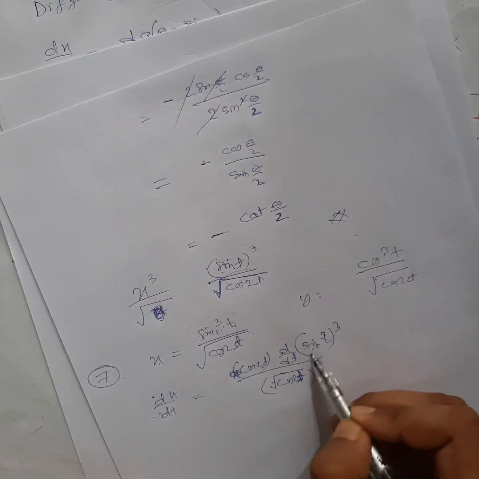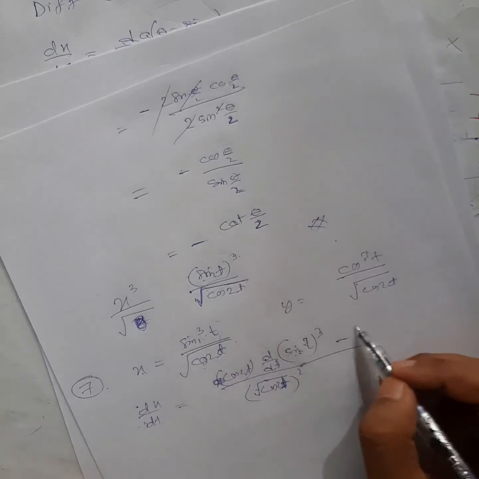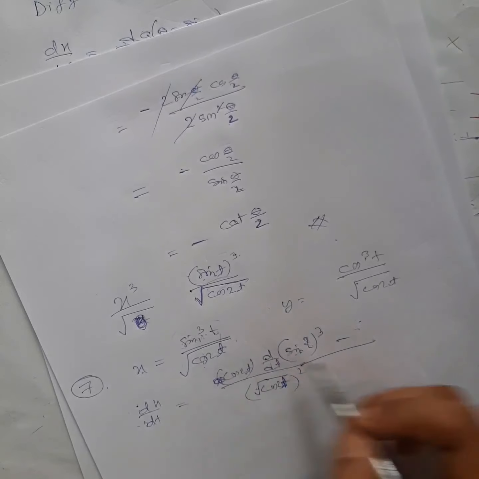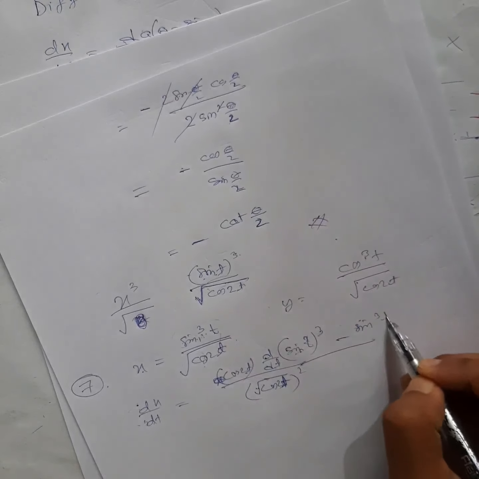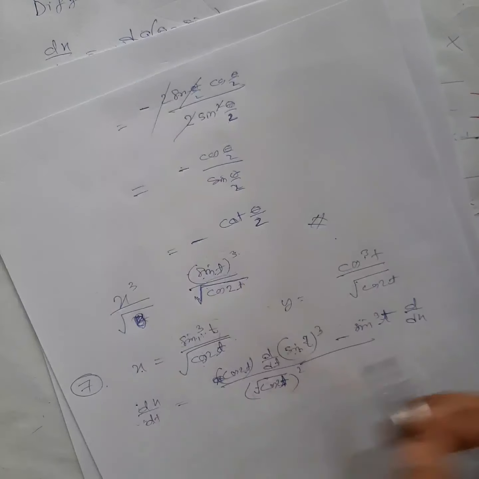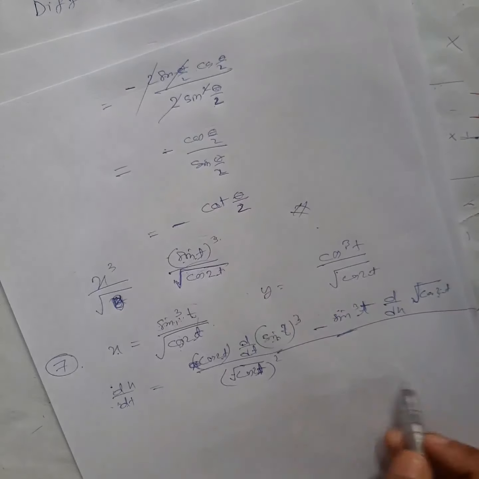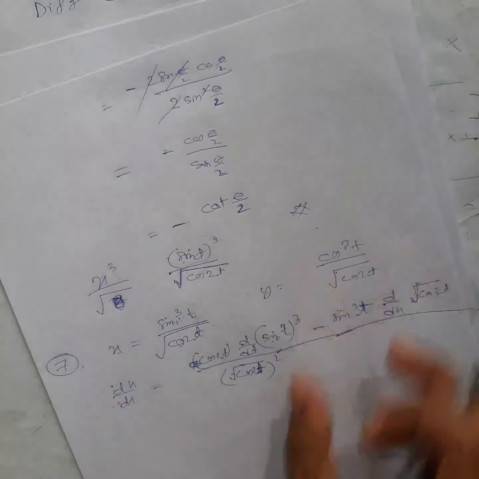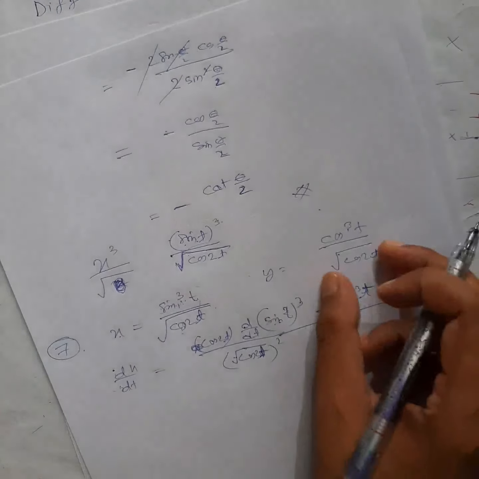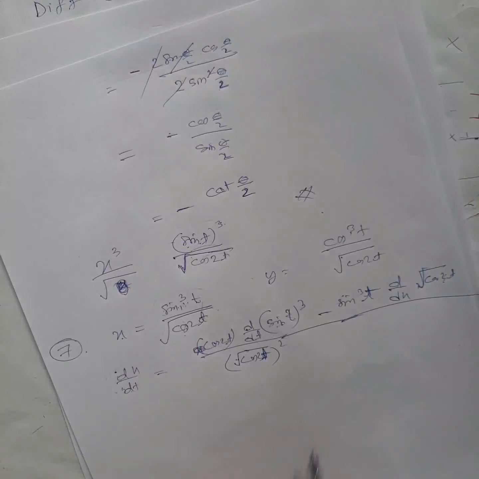So this is x cube form, and you know how to differentiate x cube form. Okay, minus this one again, leave as it is, minus sine cube t, d/dx of, differentiate this one, cos 2t. So how do you differentiate? It is root x format, again you differentiate this one. In that way you differentiate dx by dt, then find dy by dt also. Same way, u by v form, use it and then try to differentiate.